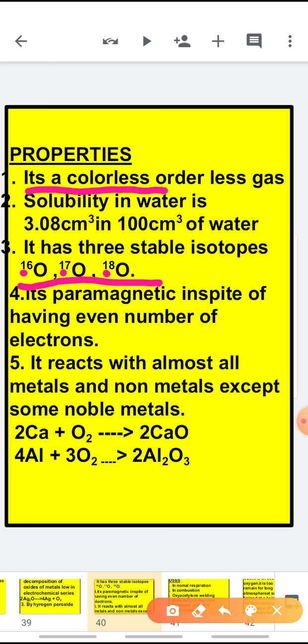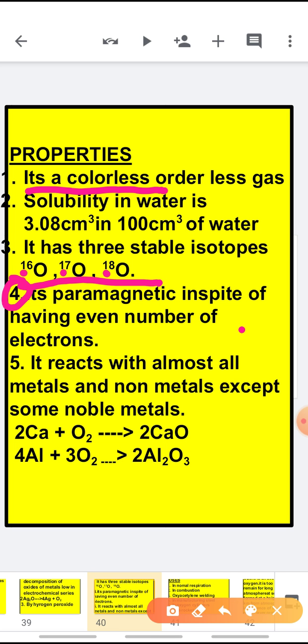Now children, the most important point is point number 4. Dioxygen is paramagnetic in spite of having an even number of electrons. Now this question is very, very important. It comes in the board exam many a times: why is molecular oxygen paramagnetic in spite of having an even number of electrons? Now children, the answer to this question comes from standard 11th, where you all have learned